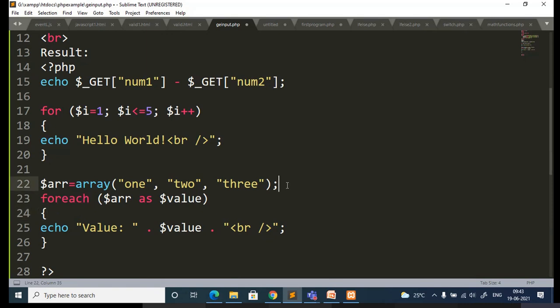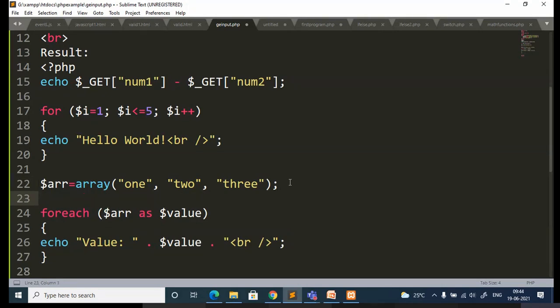In an array, you can directly add elements by specifying the name and the index. If you want to add, you can just observe: your dollar array of, you specify some index equal to a value.